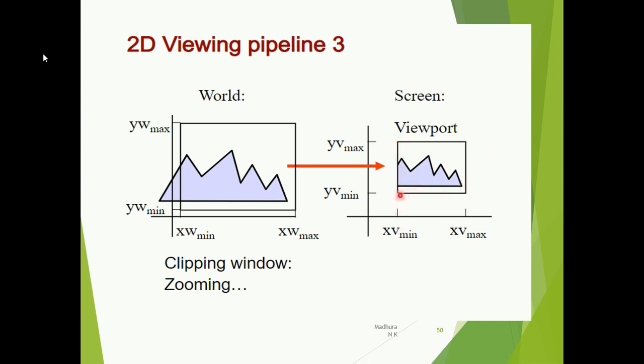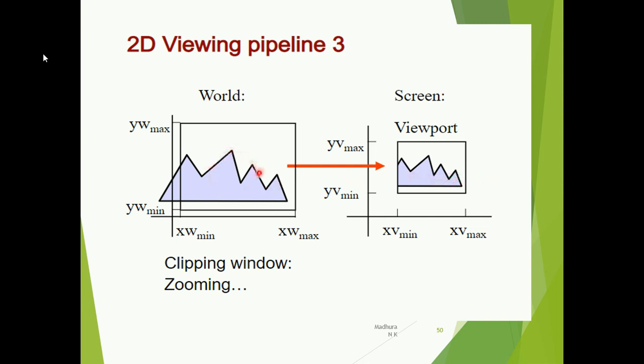Again you have boundary points here, that is with the help of xv minimum, yv minimum, yv max, and xv max. You can alter the size of the viewport. Not the shape, it is actually the size. If you want to display multiple viewports on the screen, that is also possible.